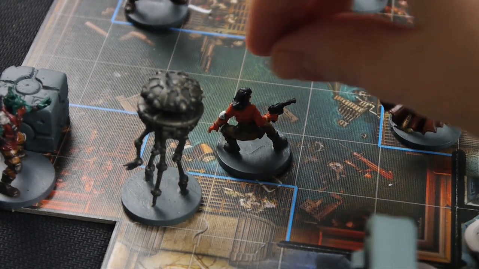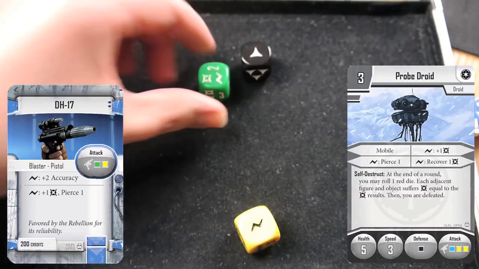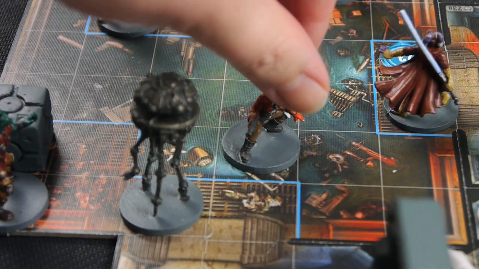She will turn and shoot at the probe droid. Her first attack does a lot of surges, so she will turn 1 of them into 1 damage, pierce 1, and will spend the other on recovering 1 strain. She'll then use her ability Opportunist as she did 1 damage to the droid, allowing her to move 1 space